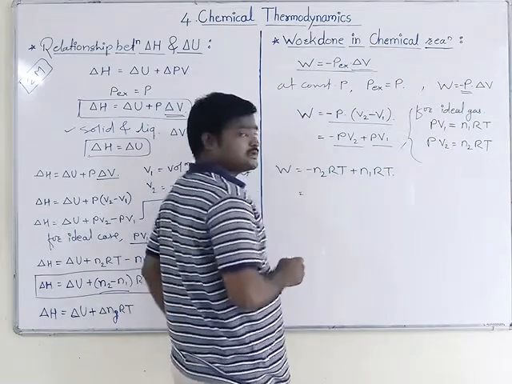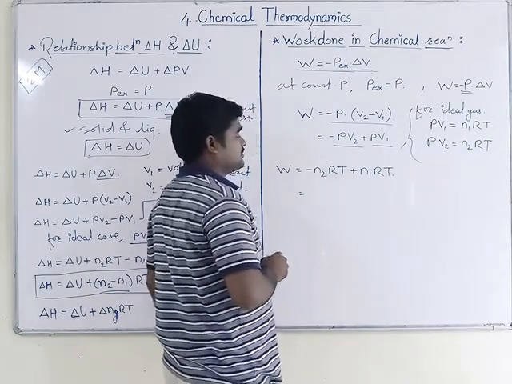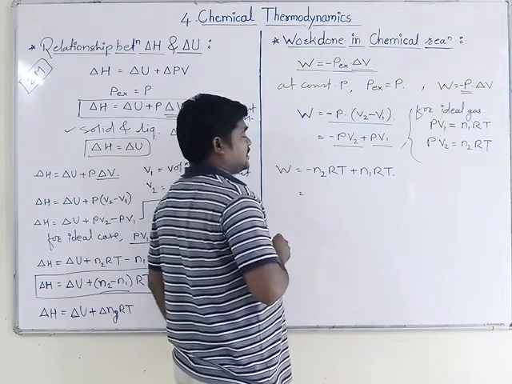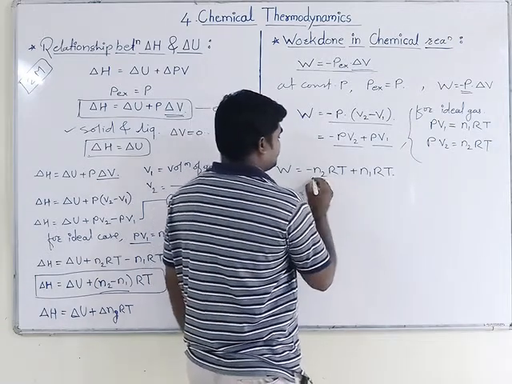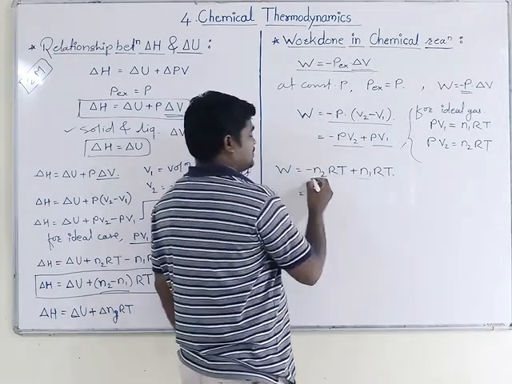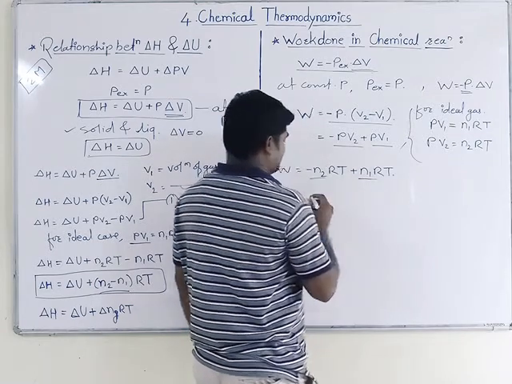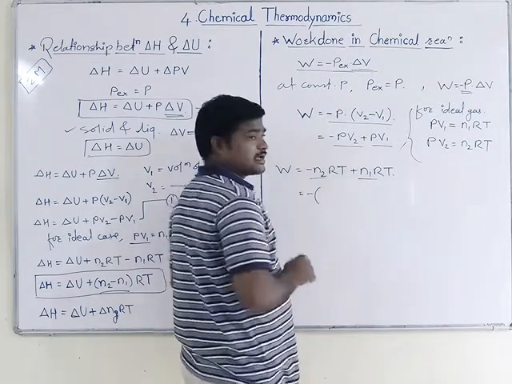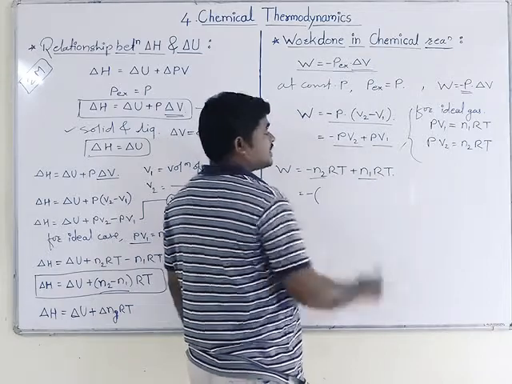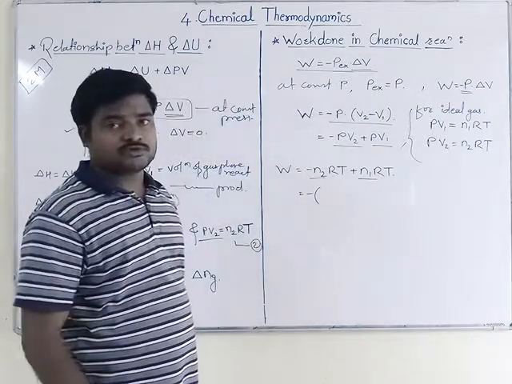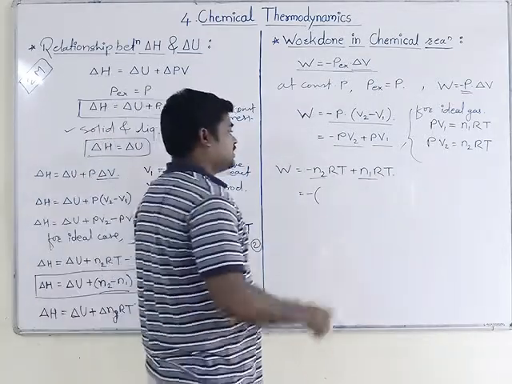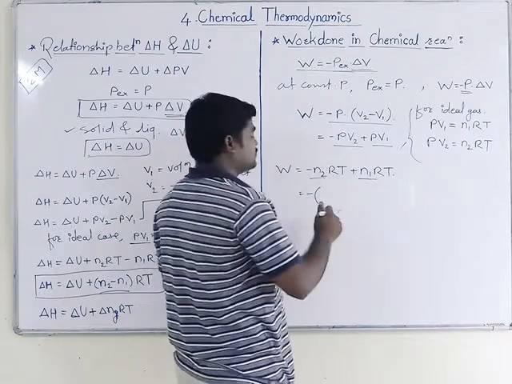Now you have to make a rearrangement in this equation. For the calculation of work done, you have to look at these two terms. Here, you have to take the minus sign outside the bracket, and the common term is RT. You have to put that common term outside the bracket, and inside the bracket you will get the two terms,